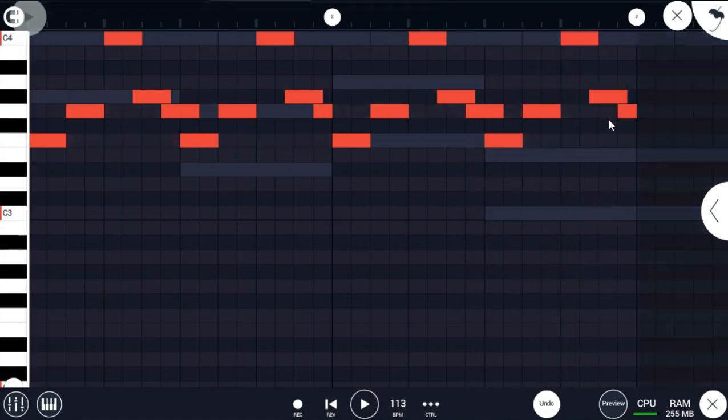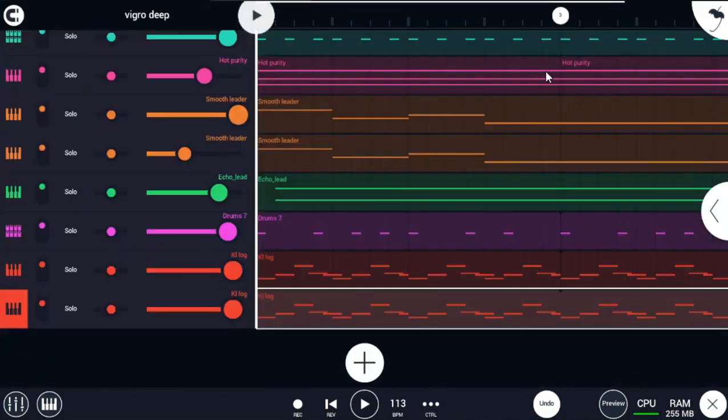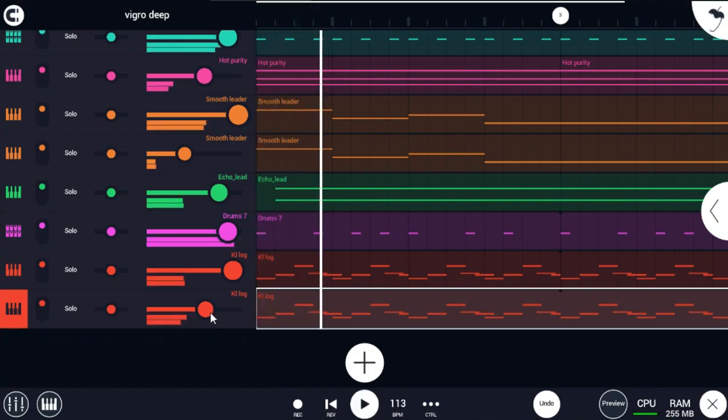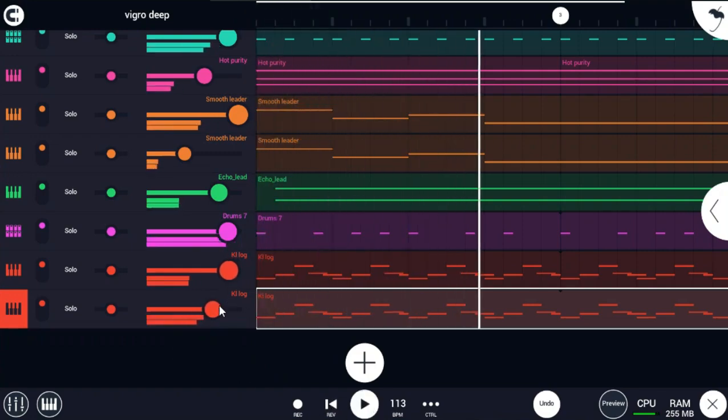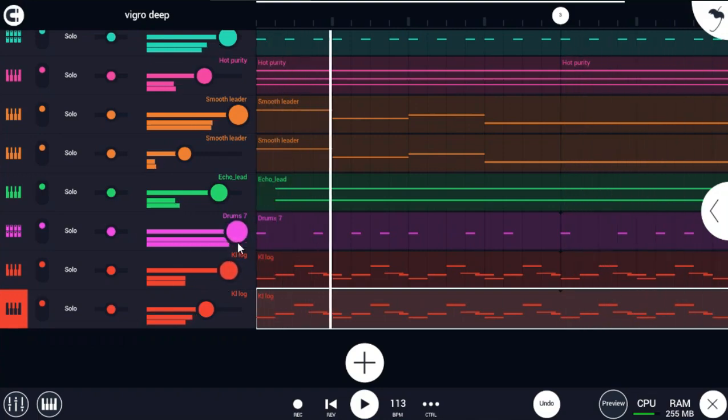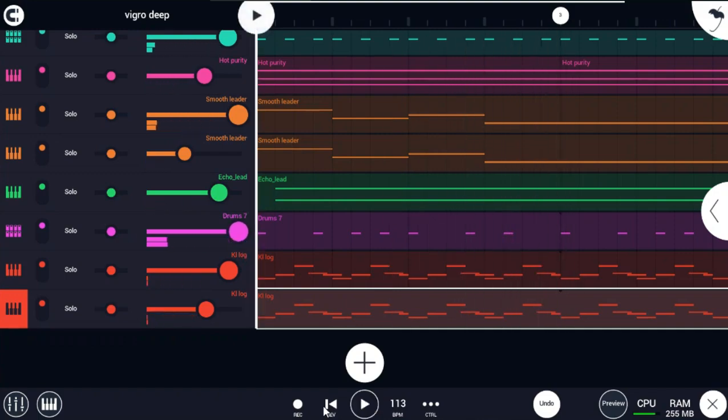Amazing, guys. So now it actually gave our beat that Vigro Deep type vibes. Now I can really feel it. It's really hot. So guys, this is how it all sounds like. Let me increase the snares. Amazing, guys. So what we want to do now, which is really amazing, is to add in our vocals or